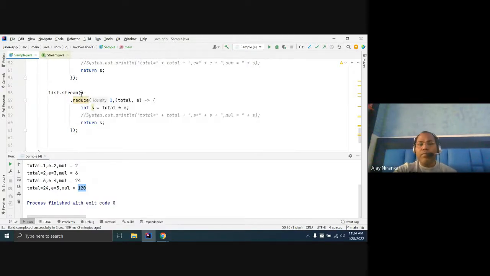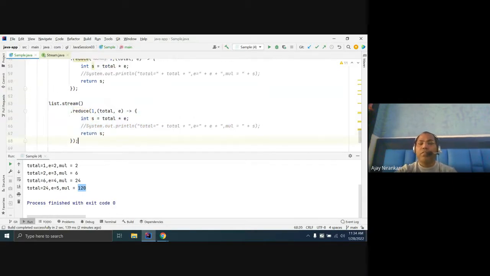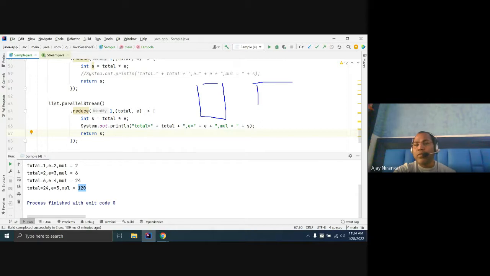Sometimes you can write code for a parallel stream. Instead of stream, you can go to parallelStream. So in a parallel stream, what does Java do? These same operations are done by multiple threads. So they start multiple threads, thread 1, thread 2, and thread 3. They are each doing some plus, and in the final output we need to again perform some combiner